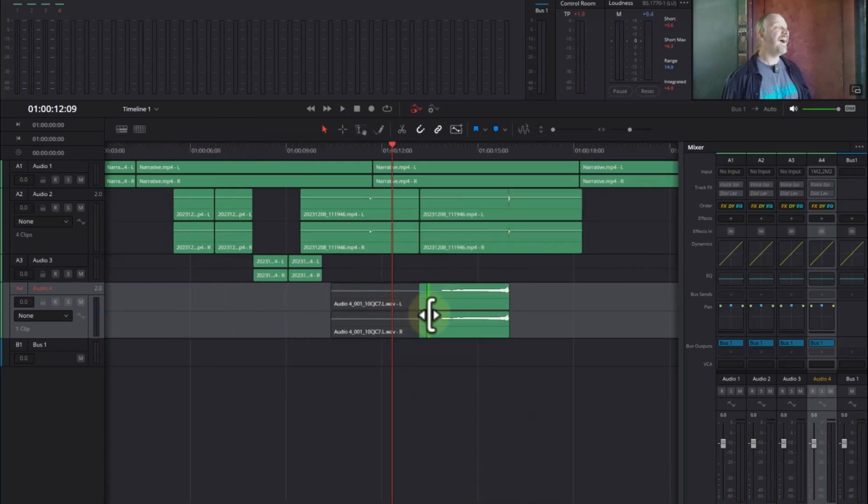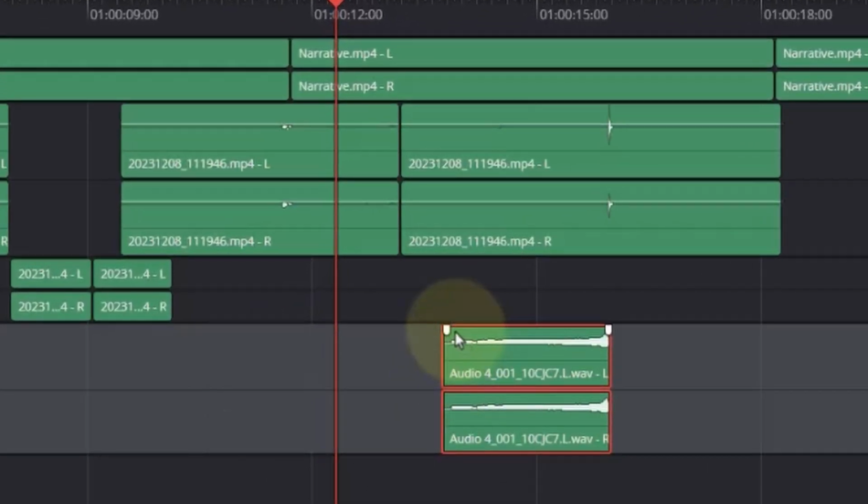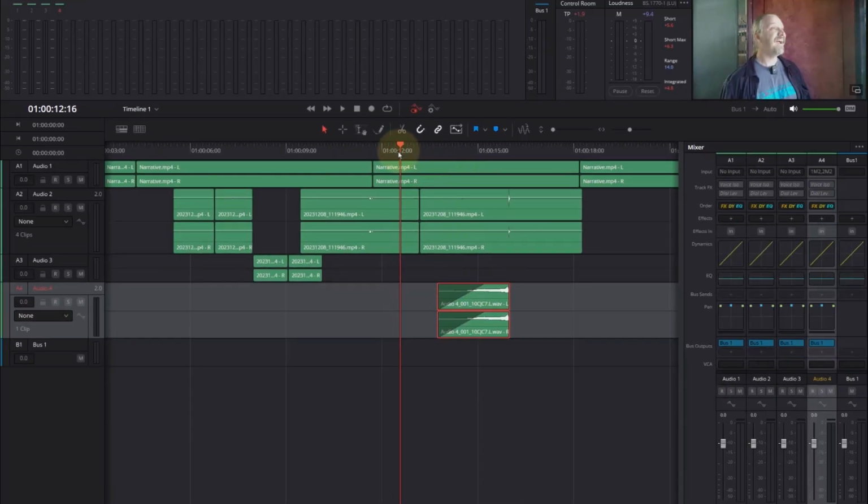Well, I'm going to trim off the beginning, and then I get the mouse close to the top. You see this little white square? I can grab that and drag that out, and that makes it fade. It takes the volume and ramps it up. So that's one thing that'll make this make more sense. I think there were a few problems,